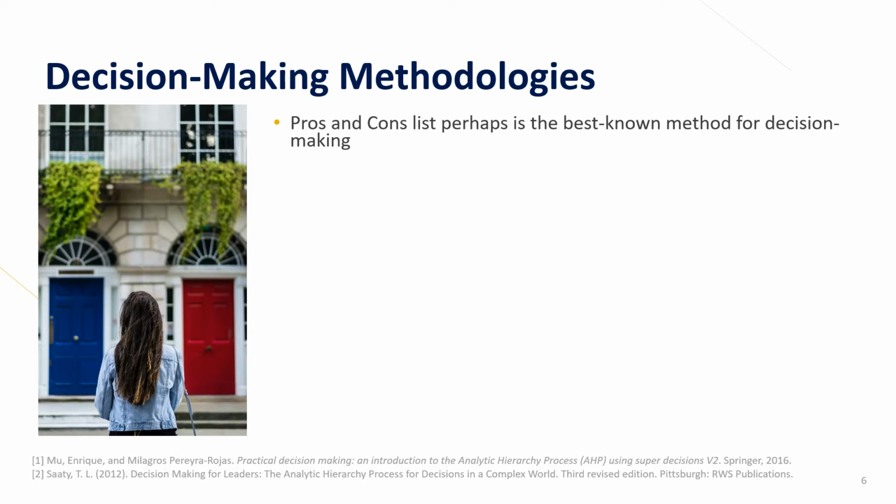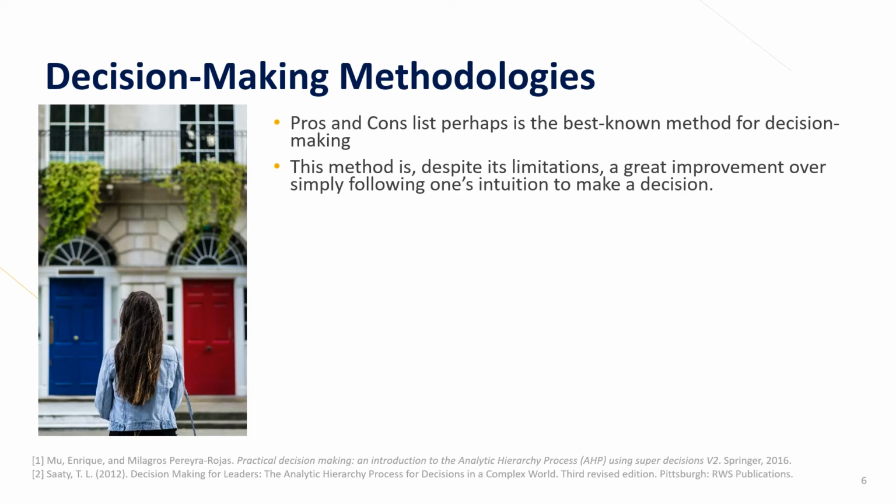Another simpler method, but we haven't discussed in the class, is that we can make a list of pros and cons of the decision that we made, and then based on all the alternatives, all the options that we can choose, we can compare the pros and cons. Perhaps it's the best method for decision making. However, when we use this pros and cons, this simple method